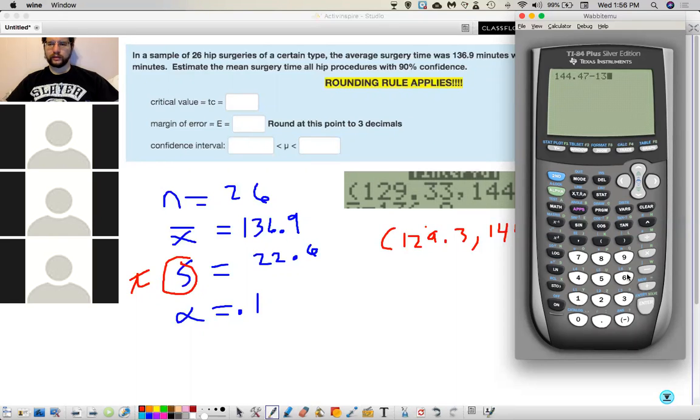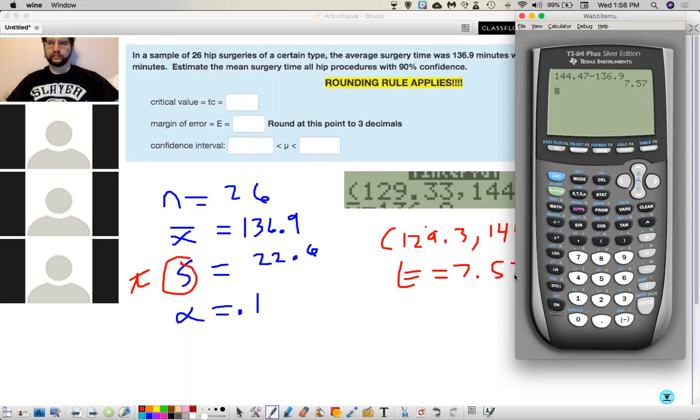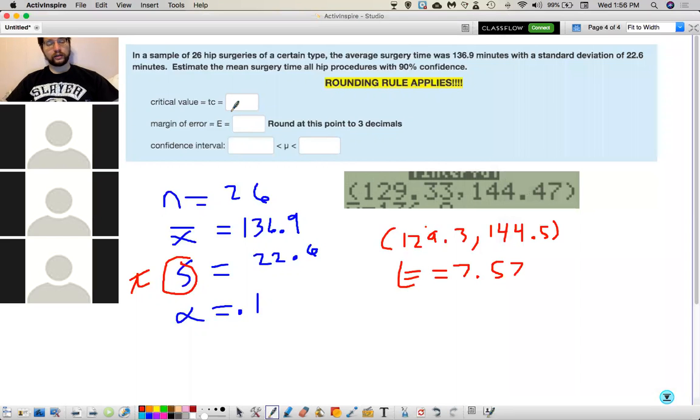minus 136.9. Well, that right there gives you your error of 7.57. And you still have to look on the chart or use that inverse T program I told you to write to get the T critical value. It's a confidence interval. So that means we're always going to be dealing with a two-tail for confidence interval. So alpha is 0.1. We're going to look up the T critical value for alpha over 2, which would be